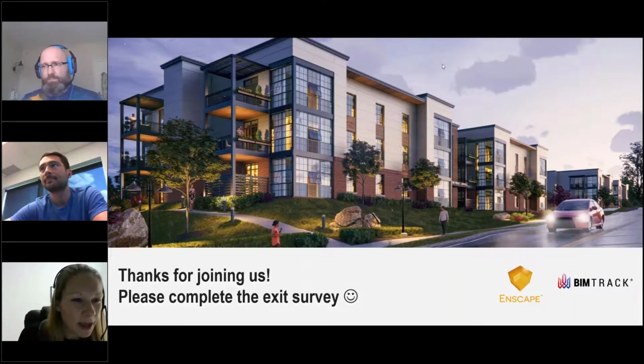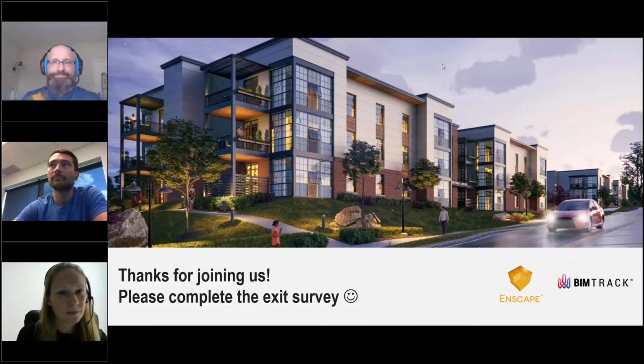Brilliant, thank you. Another quick question. Are the rendered images kept in the Revit model? It's for you to decide. When you render, you can actually save it as a JPEG or file format outside of your Revit file, or you can save it in Revit as a rendering image. It's up to you.